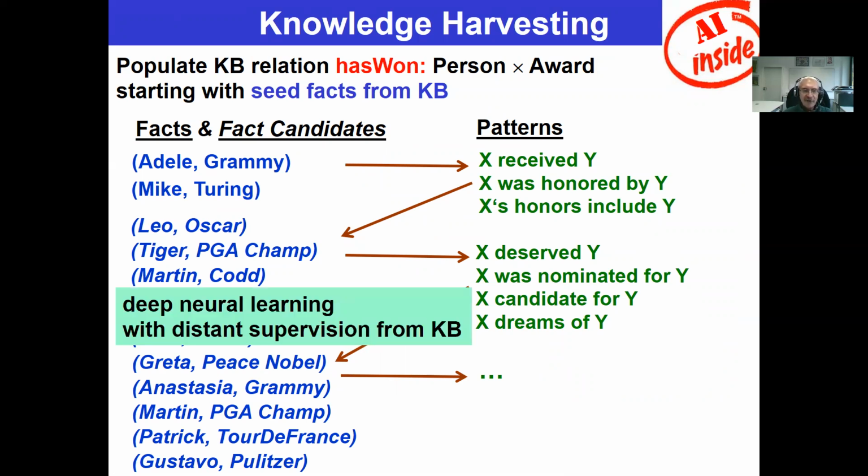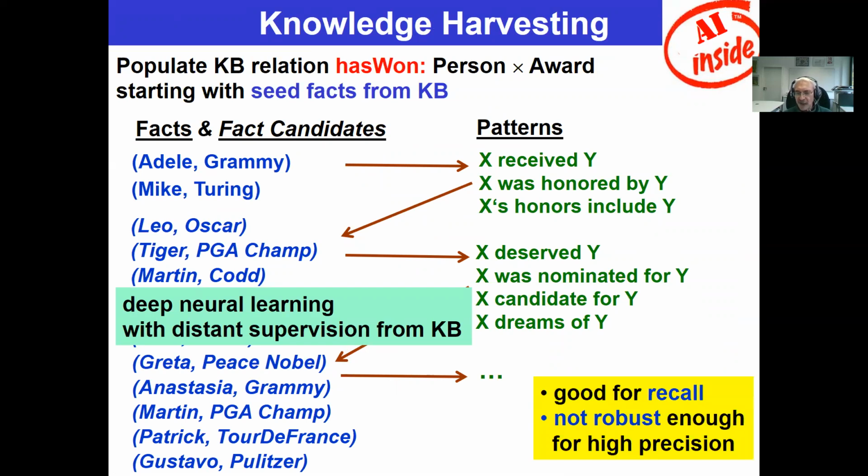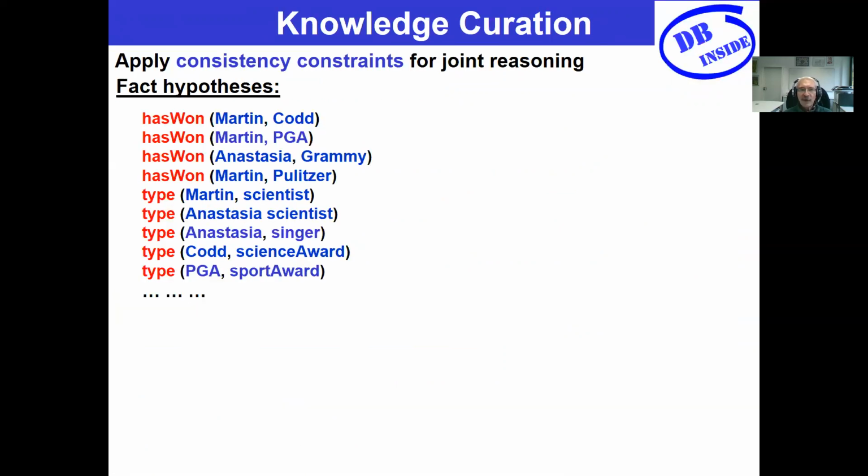Now, I give you a very simplified picture here. Of course, we can strengthen this by deeper computational linguistics, by deeper statistical inference, or by using deep neural learning. But the take-home point is that this technique by itself is very good in getting high recall, but you won't get super high precision in the 90%. So we need something else, and we developed that something else, and this is database flavored.